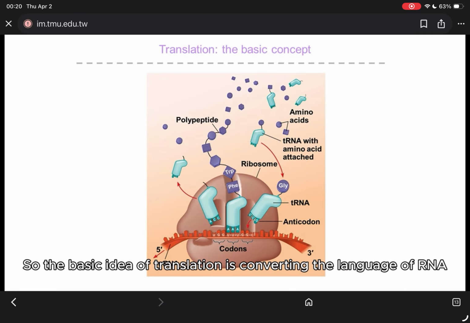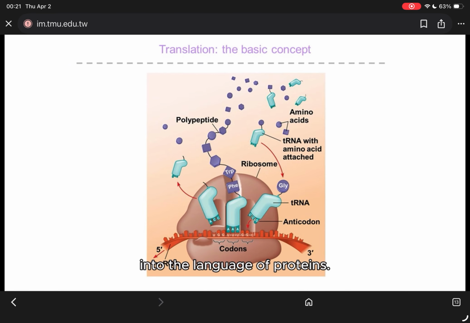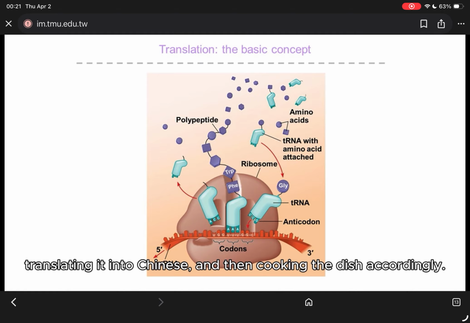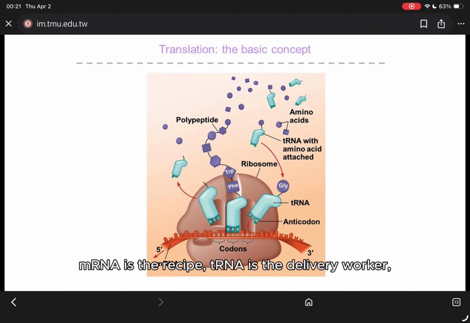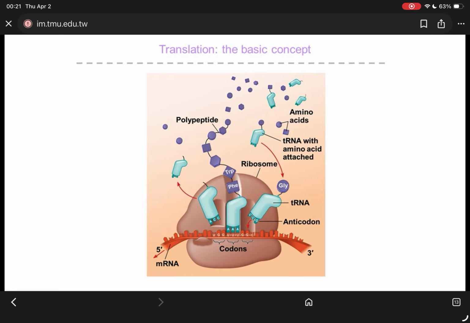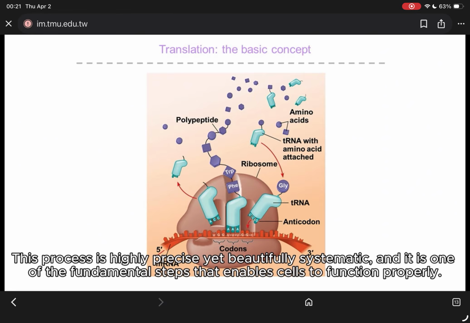So the basic idea of translation is converting the language of RNA into the language of proteins. It's a bit like translating a recipe, taking an English recipe, translating it into Chinese, and then cooking the dish accordingly. In this analogy, mRNA is the recipe, tRNA is the delivery worker, and the ribosome is the chef's assembly machine. This process is highly precise yet beautifully systematic, and it is one of the fundamental steps that enables cells